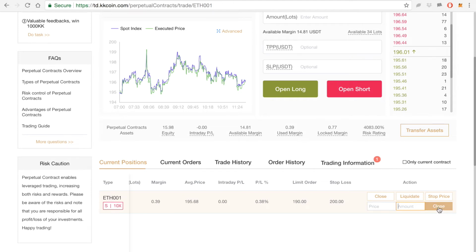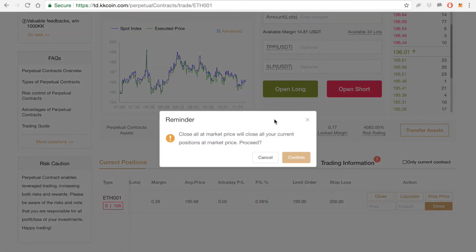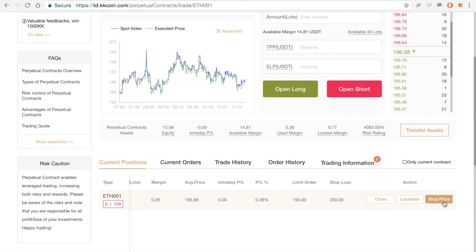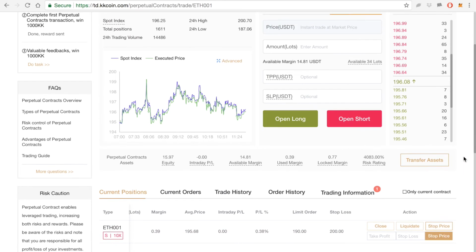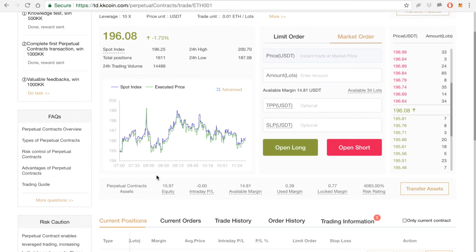Now the second one is liquidate, whereby if you click this, you'll be liquidating all your current positions at market price. So only click the confirm button if you want to liquidate all your positions. The last one is the stop price, whereby you can amend your take profit price and your stop loss price directly here. So another thing to take note of is this bar in the center of your page, named Perpetual